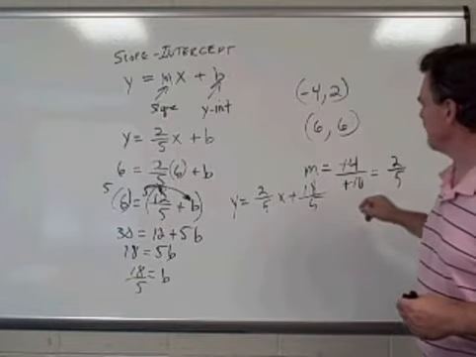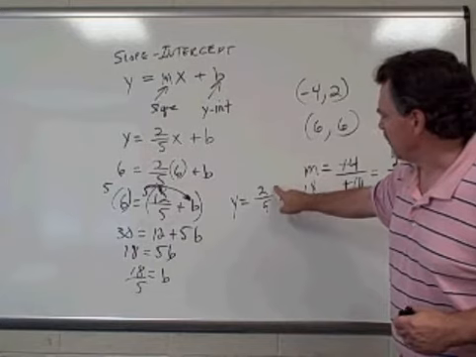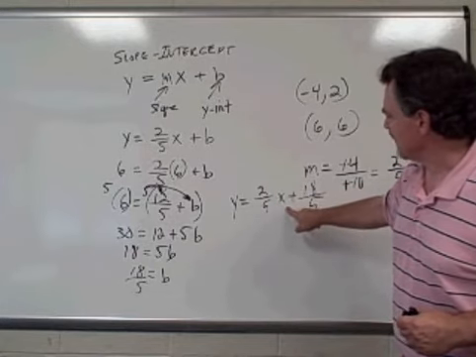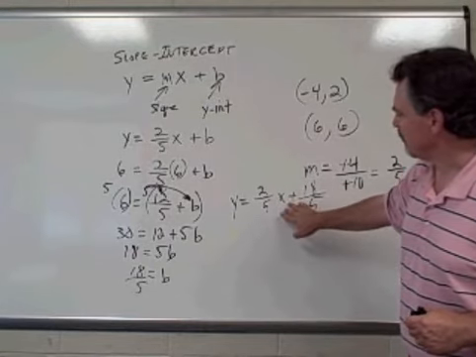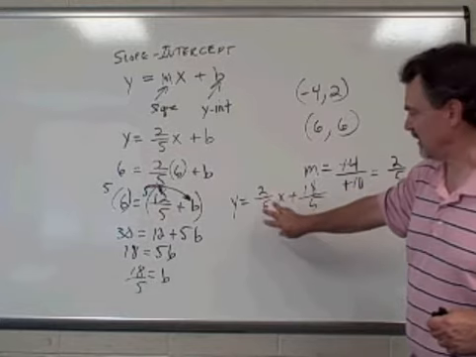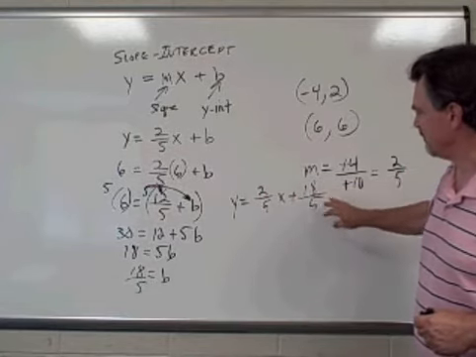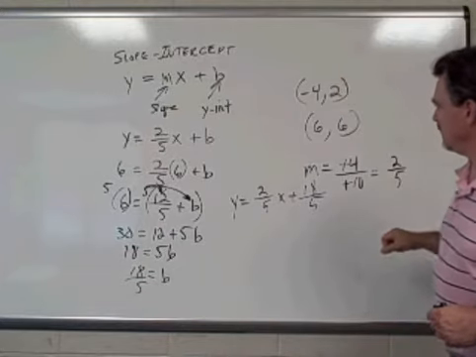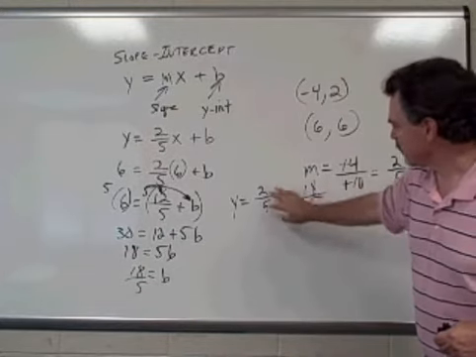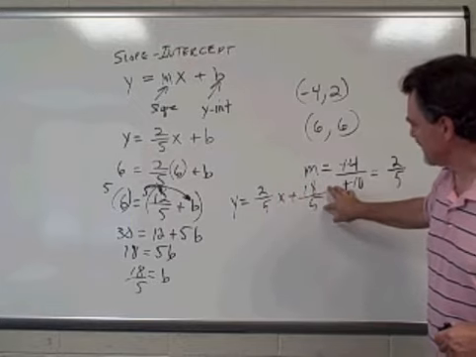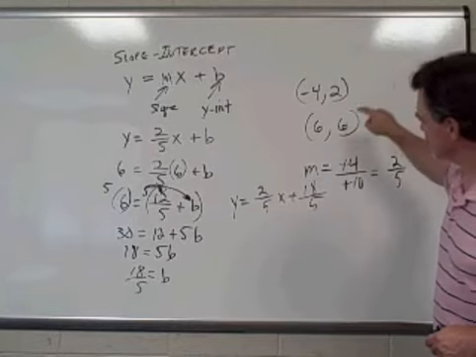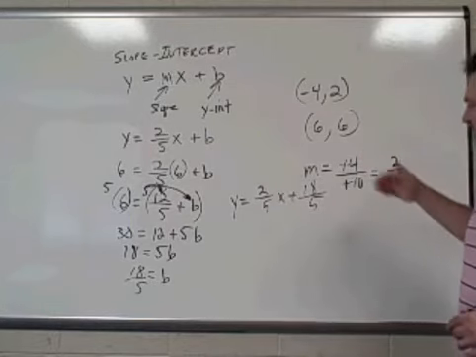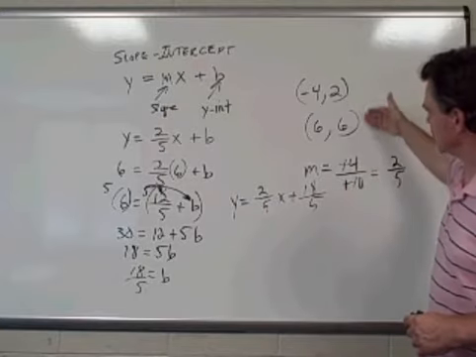Let's check them and see. If we let x be -4, what's 2/5 times -4? Well, that's -4 over 1. That's -8/5, isn't it? And -8/5 plus 18/5 is 10/5, which is 2. If x is 6, that's 12/5. 12/5 plus 18/5 is 30/5, which is 6. So indeed, this is the equation that contains